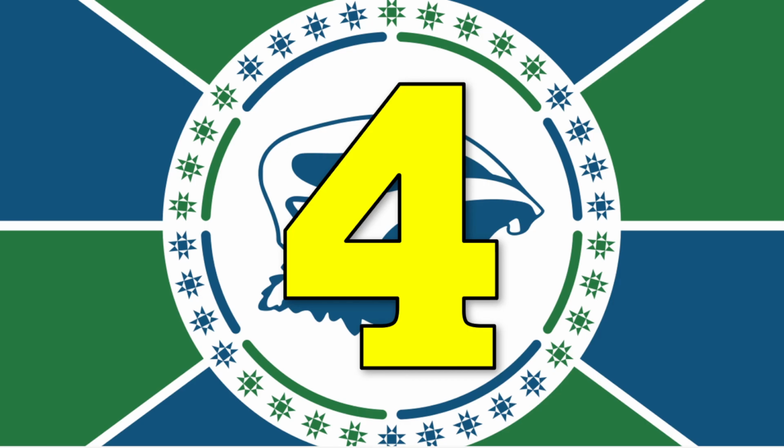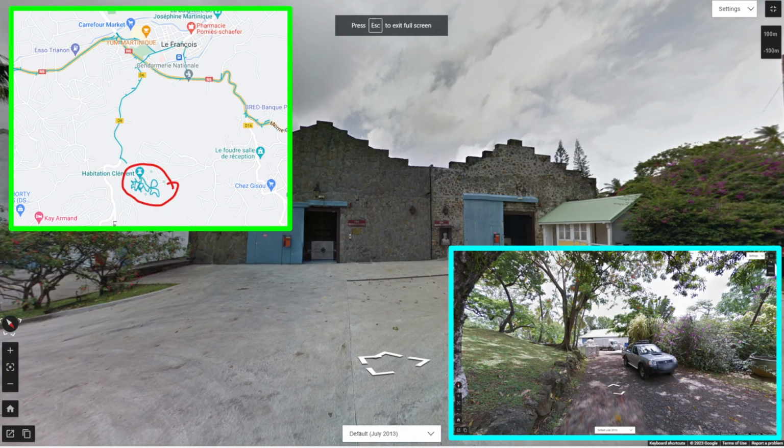Tip number 4. Okay, so the second part is south of Le Francois, and it is in the Habitation Clément. And you get these buildings, quite common, so you see a fair amount of buildings, and you know you're in Martinique, definitely go to this part. And you can also see evidence of a lot more vehicles here that will mostly